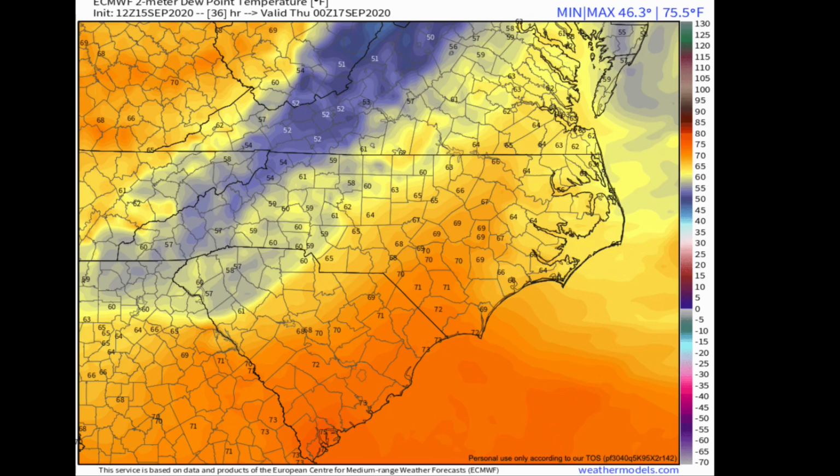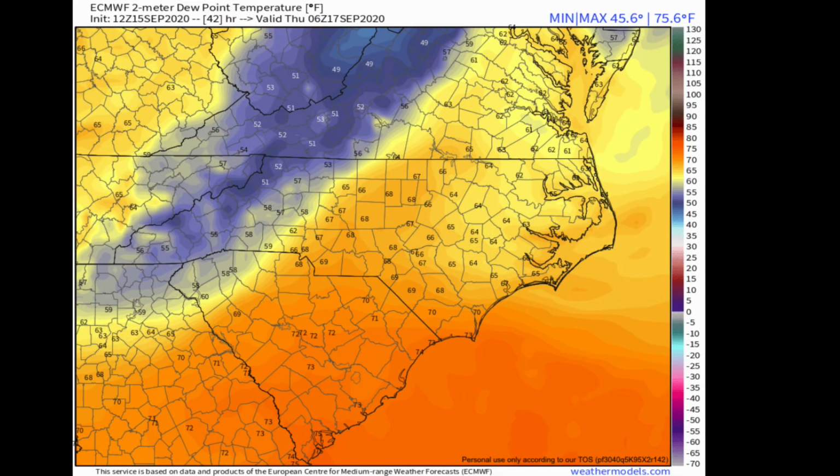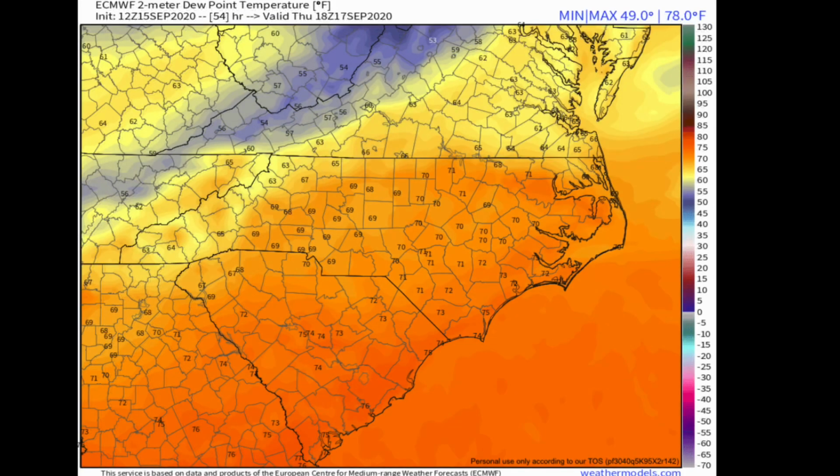So we're into Euro. I'm going to run through this pretty quick, kind of talk over it, but it basically shows the same thing. It basically shows humidity building as the GFS showed it, as the remnants of Sally move through. The only true thing I'm seeing that's different with the European model is maybe high temperatures, but with